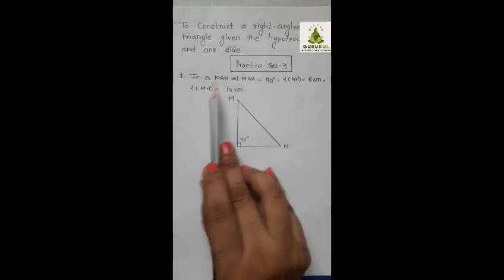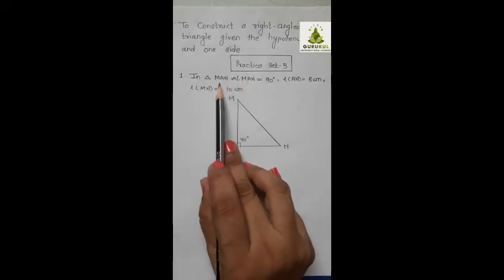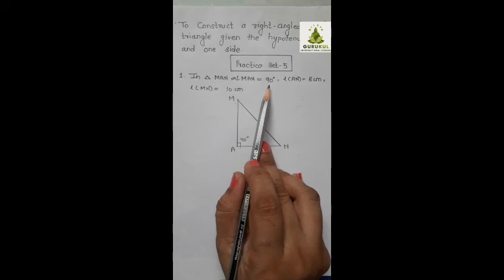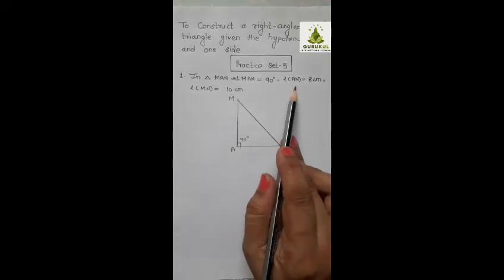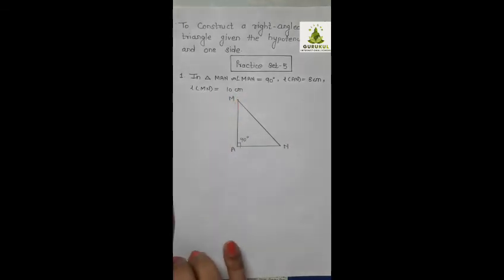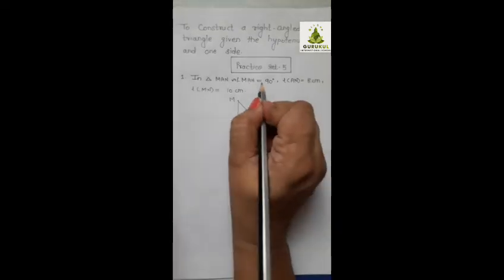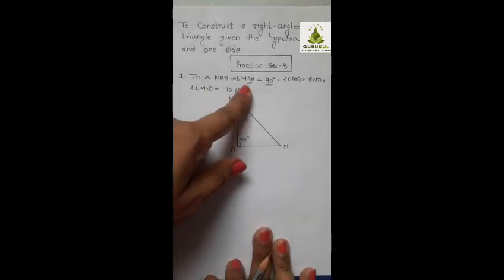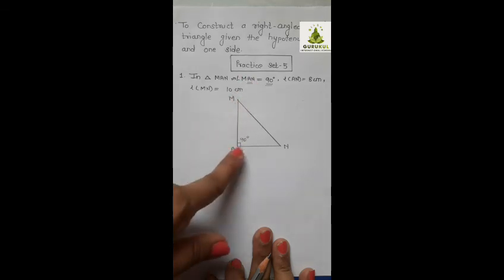Okay. Now in question 1, they have given in triangle MAN, measure angle MAN is equal to 90 degrees. Length AN is equal to 8 centimeters. Length MN is equal to 10 centimeters. Now in this construction, the key factors are, you are supposed to look for the 90 degrees angle and which letter it is there. Now in this question, the angle name is A, and you should always take care that your angle A should come at the base.